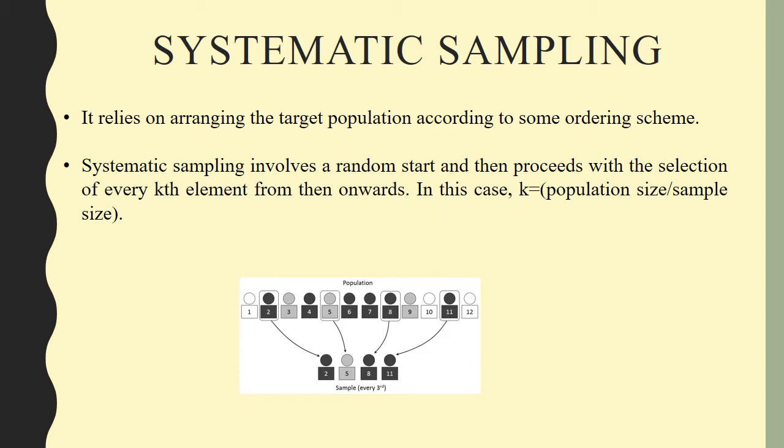Coming to the second type of probability sampling, systematic sampling. It relies on arranging the target population according to some ordering scheme and then selecting elements at regular intervals through that ordered list. So first you try to select, and then you pick up the things. Here, as the name suggests, systematic sampling: the first unit of the sample is selected at random, and having chosen this, there is no control over the subsequent units of the sample. Due to this reason, it is at times referred to as mixed sampling.